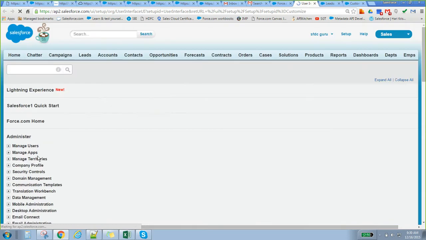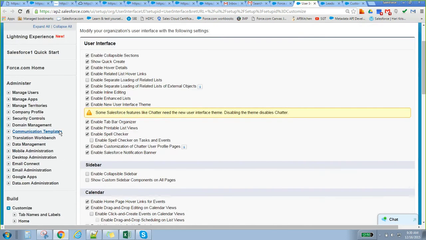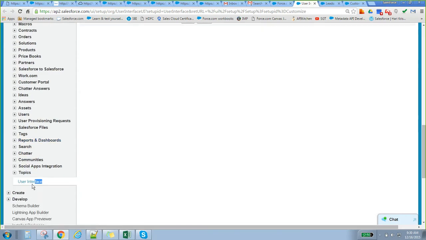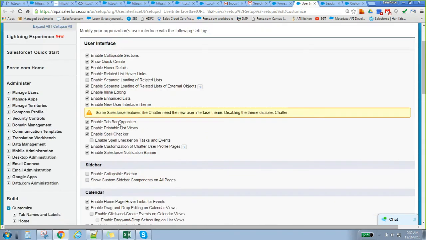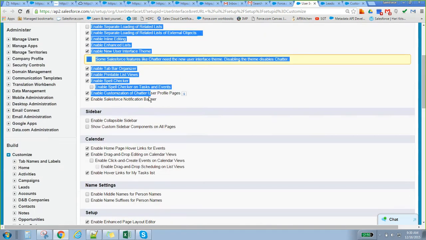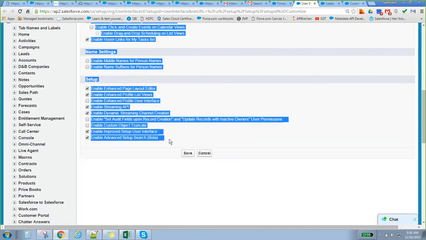So click on user interface. You got it, right? Once you click on that, you can see these many user interface options. These are nothing but checkboxes for enabling and disabling.